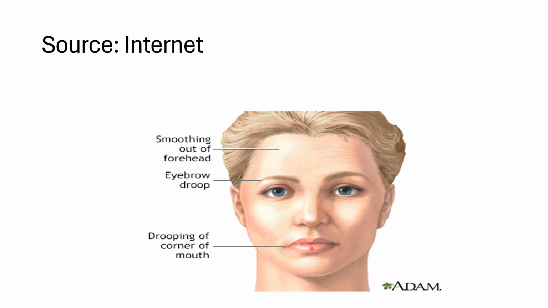Now from the face you can tell so many things. When you observe the anterior surface of the face, you can see drooping of the corner of the mouth, smoothing of the forehead on one side, and drooping of the eyebrow. What is this? This is Bell's palsy. Which nerve is affected? The facial nerve. On this side the forehead has the lines which are usually present. On this side the lip is in place, but on this side it is drooping. This is Bell's palsy on the unilateral side. So please study the facial nerve, it is very important.